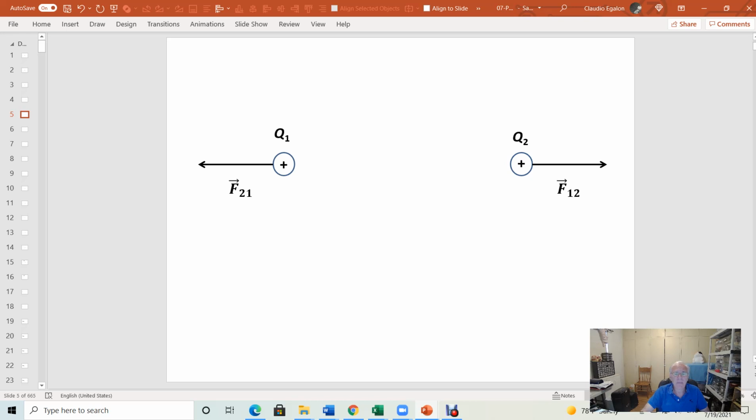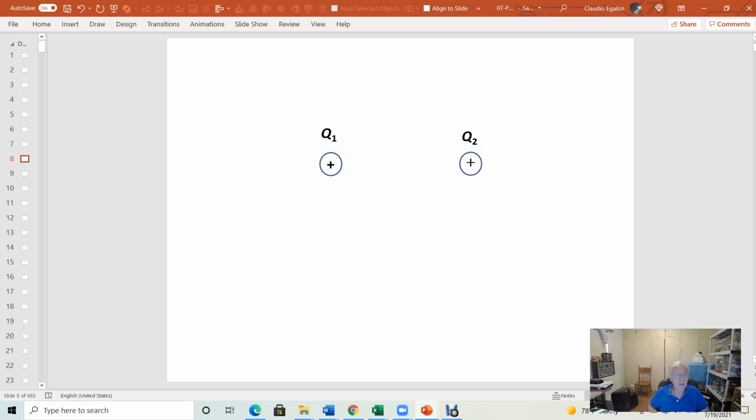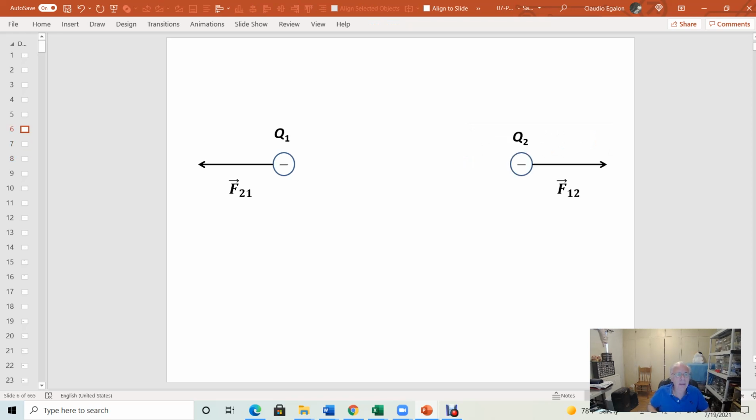Okay? Here's the force of 1 applied to 2. That's the force of charge 2 applied to charge 1. In the next video here, some time ago I replaced the negative with the positive accidentally. That's why you're seeing positives there. Okay, here's my positive charge. Positive, let's see, it must be a negative charge. Yeah, that's a negative charge as well. Okay, so how can that force be